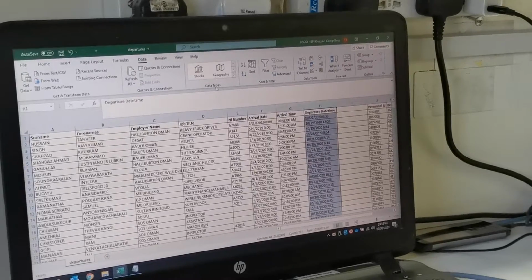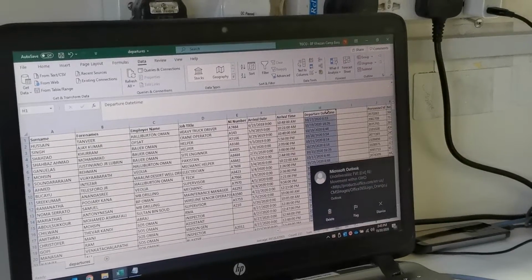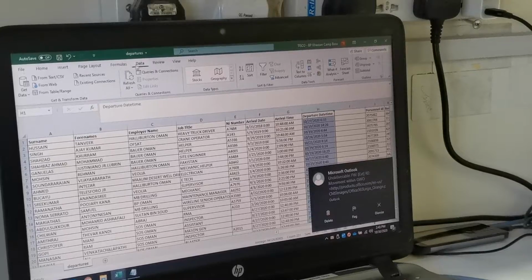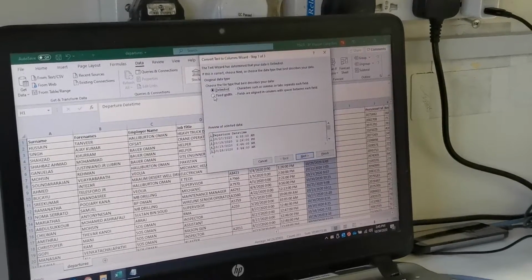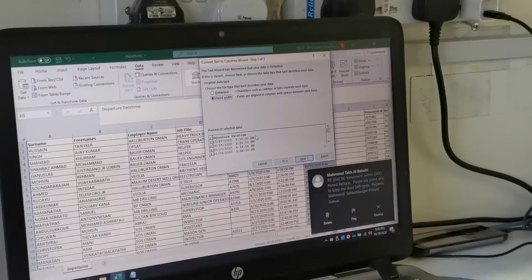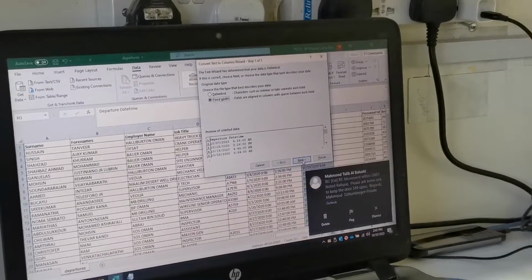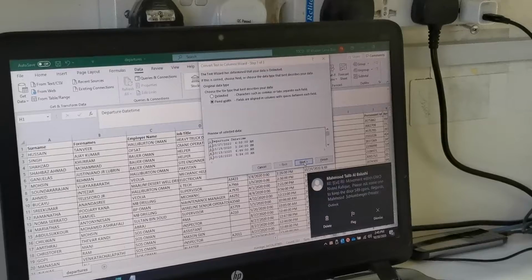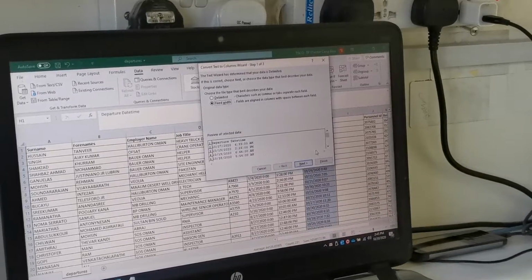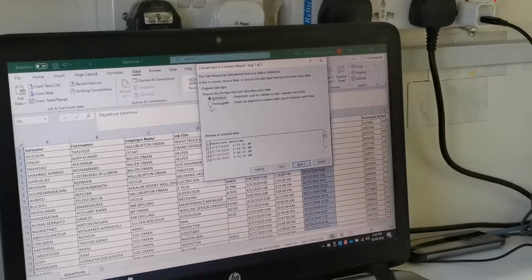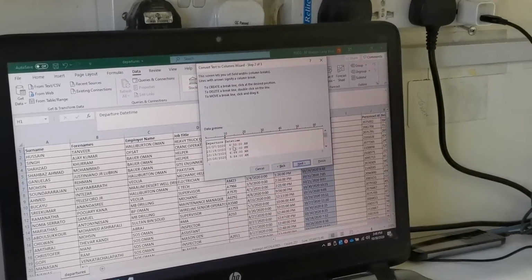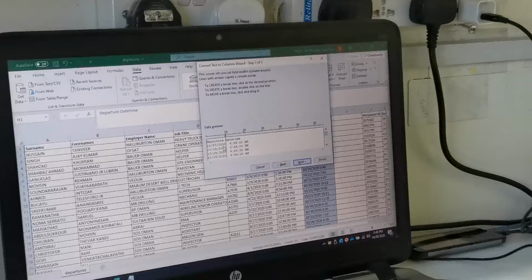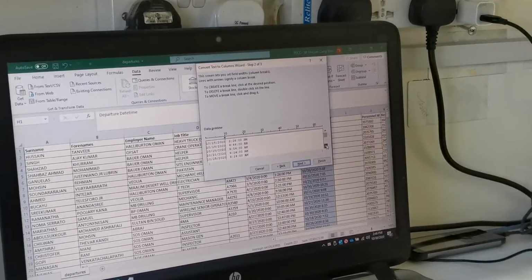Same thing you have to do for departure date and time. Click here data, go to text to columns, click here, then you have to go fixed width, then click next. Here also you have to check everything, the date will be separate, so check one by one going down.